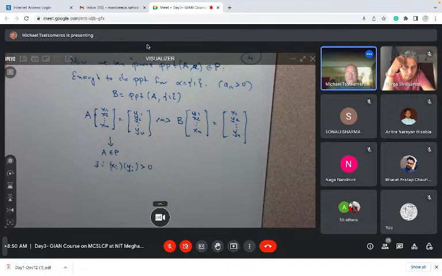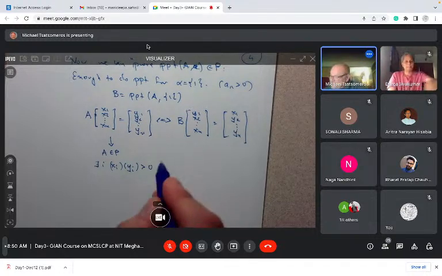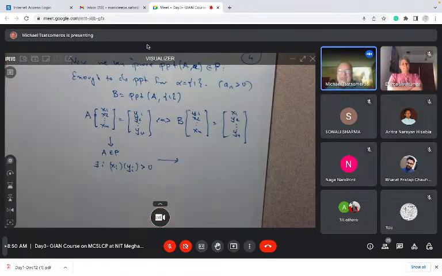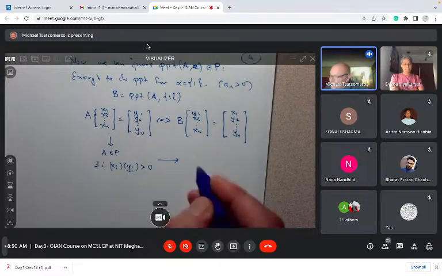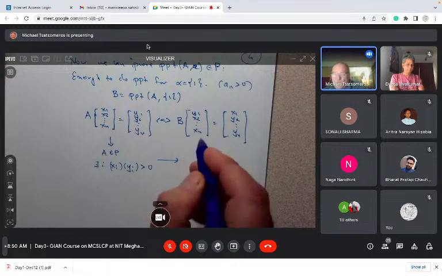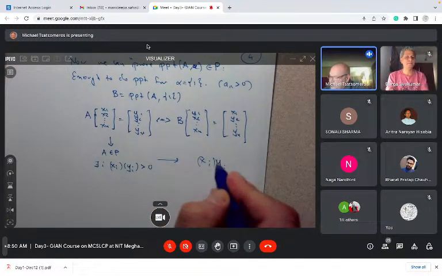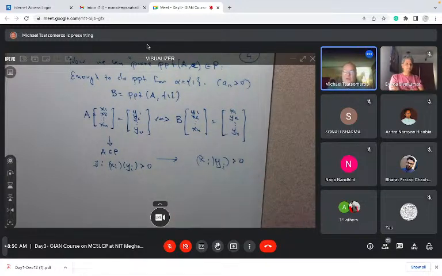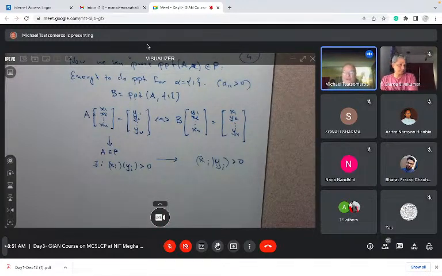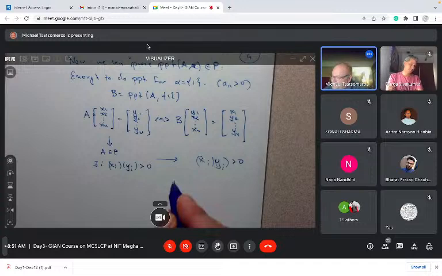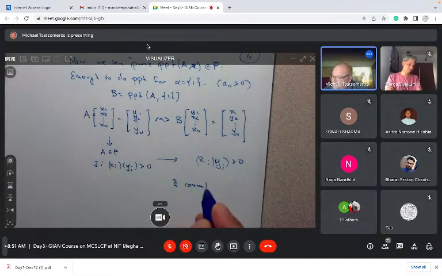But you have the same pairs of vectors here, so it also means that xi times yi is positive on this side too. Even if i is 1, y1 x1 and x1 y1 are the same. So B cannot reverse the sign